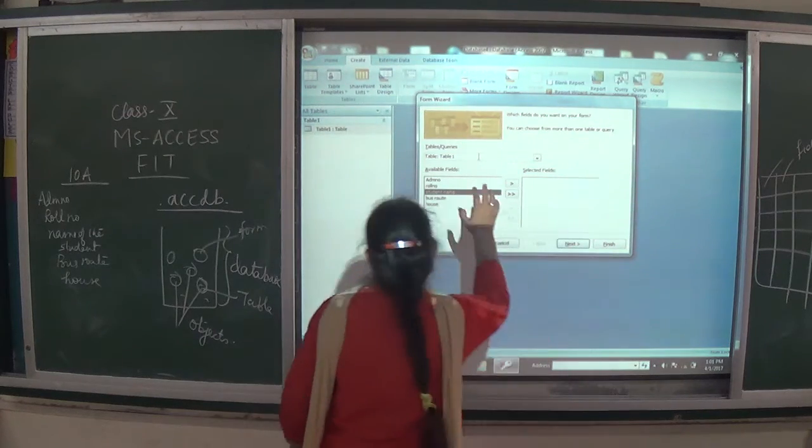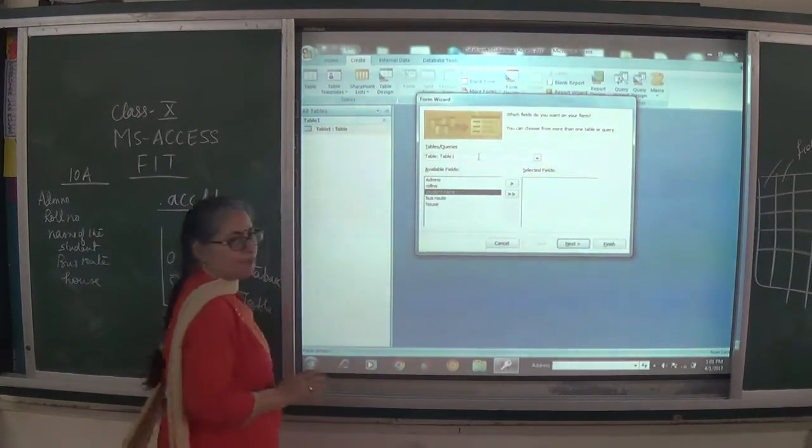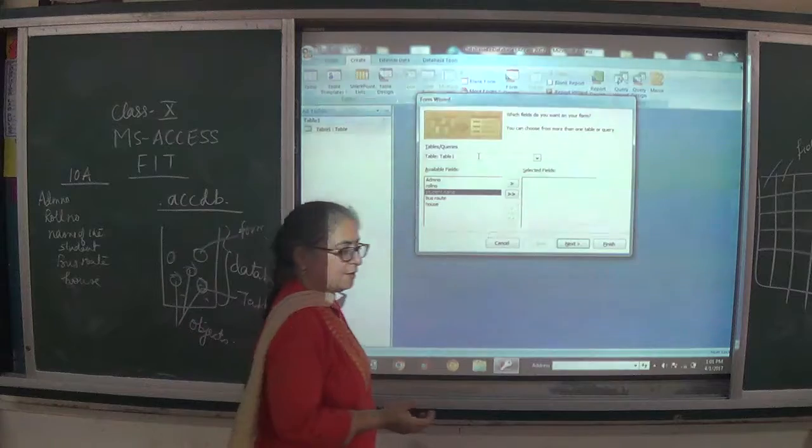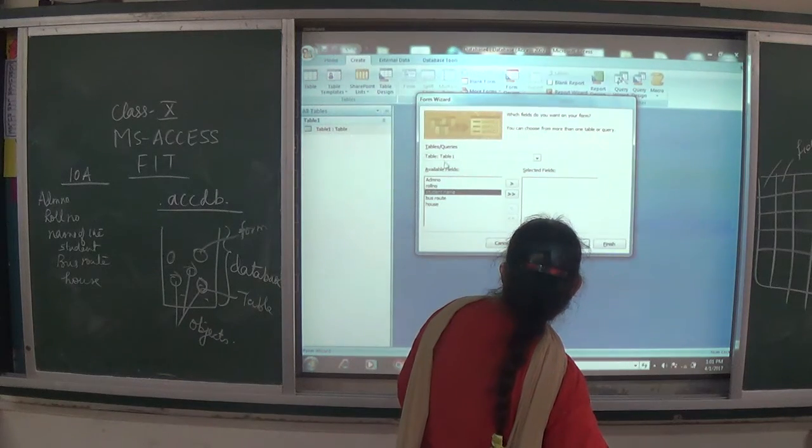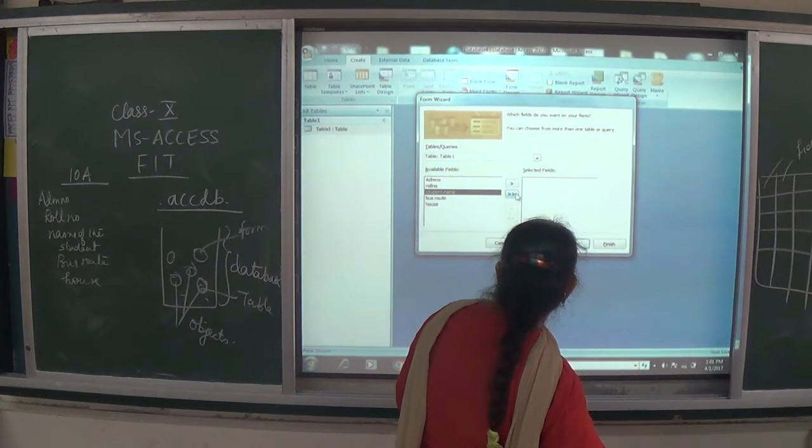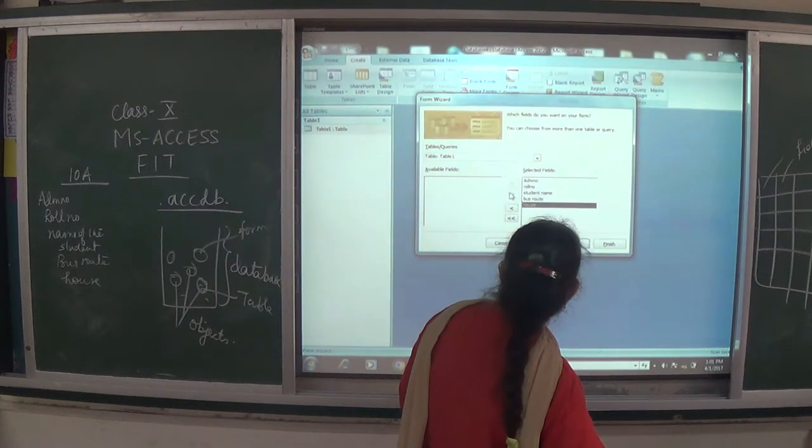Whatever table I select, the fields will be shown over here automatically. Now if I want to add all the fields, I just click onto this. We can do it like this also, but the easiest way is doing like this.